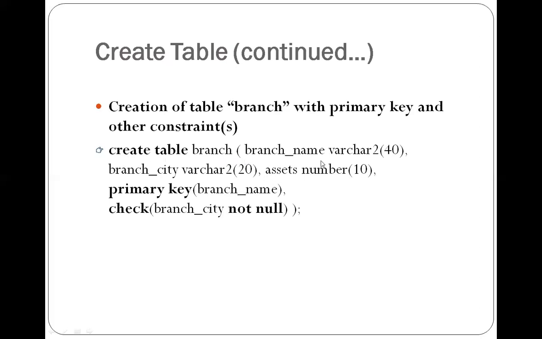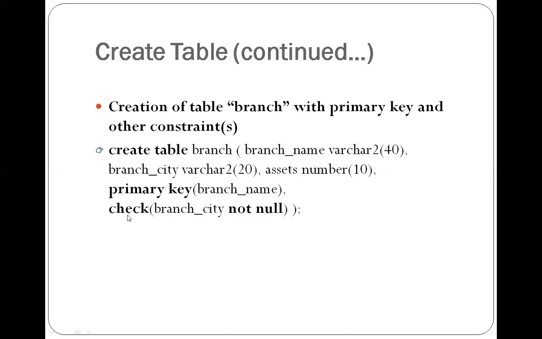Create table branch name varchar 240 comma branch city varchar 220 comma asset number, that is asset is the attribute name, number is the data type for asset, size is 20, that's mean 20 digits, maximum 20 digits can be stored for asset, comma primary key branch name is a primary key.